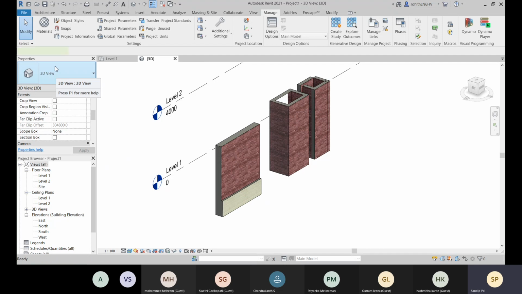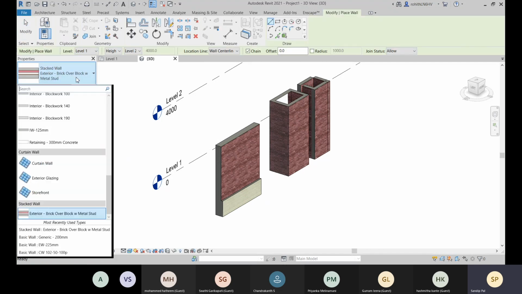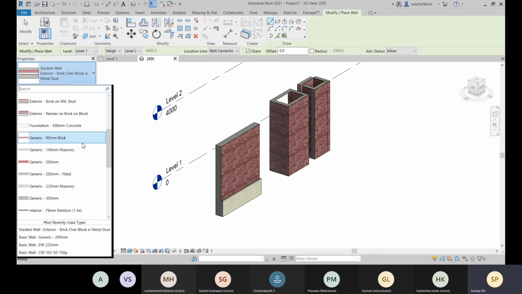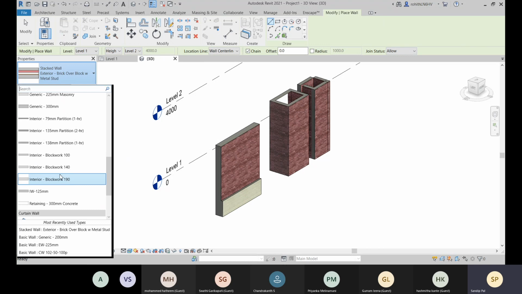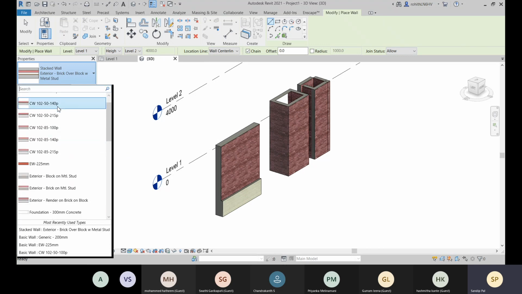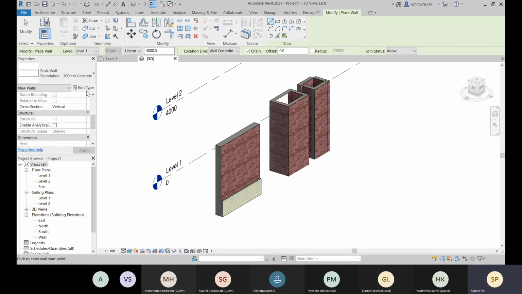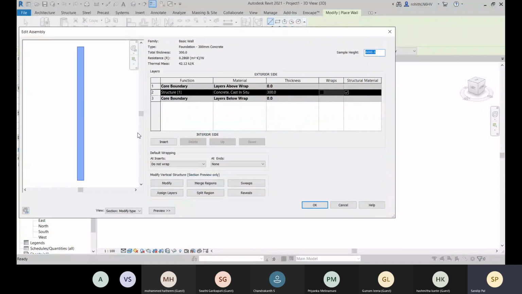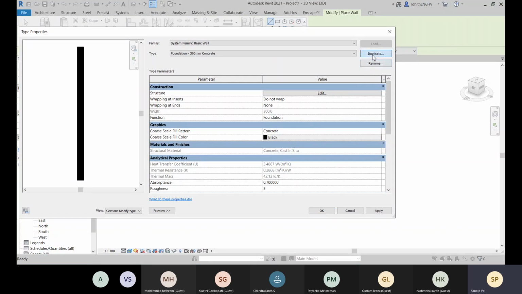For the foundation, I will go with this one, it is 300, and I will duplicate it to some extent, like 900.